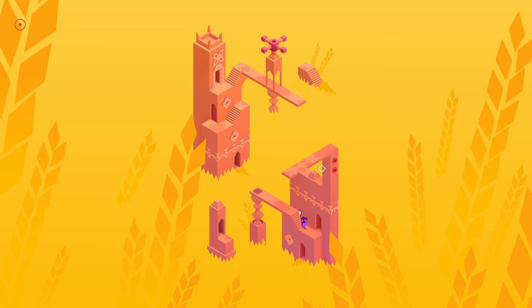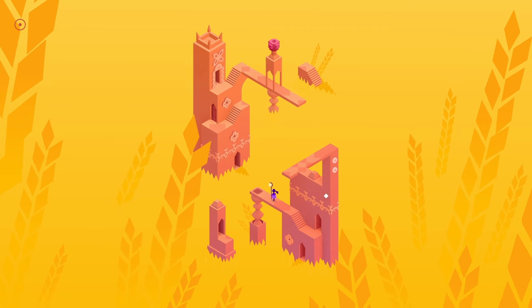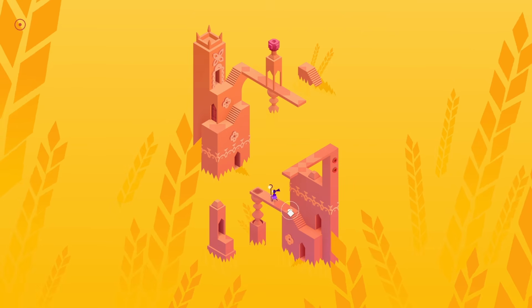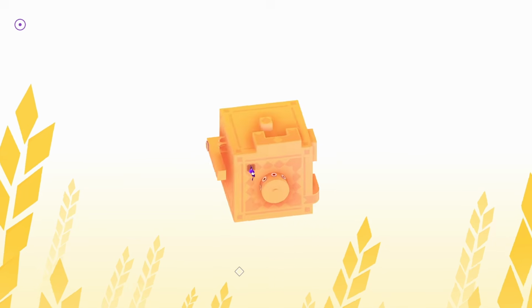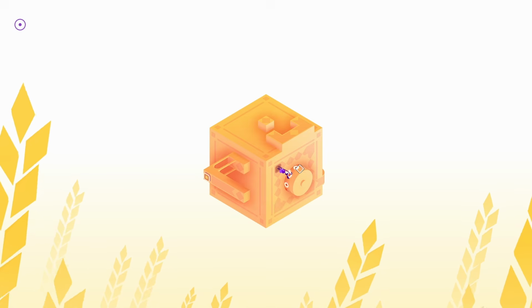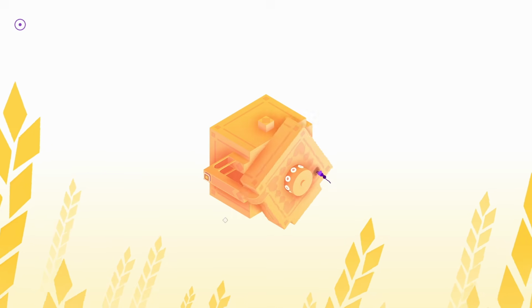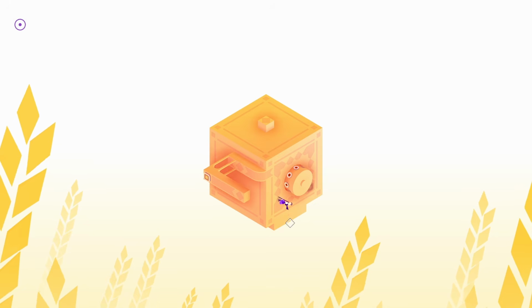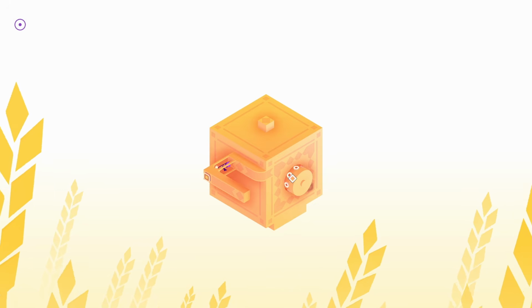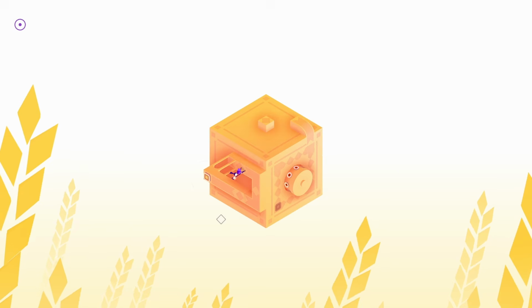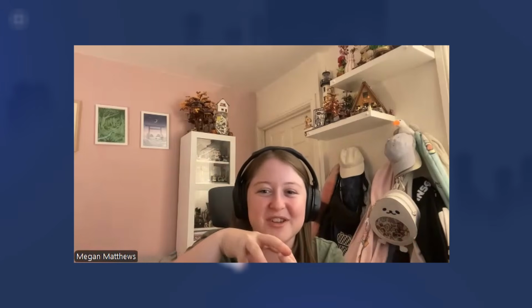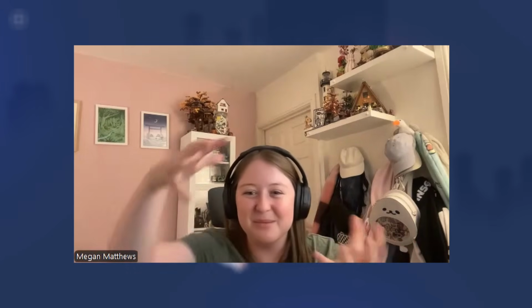And then the other thing is it's kind of a less is more situation in Monument Valley. Sometimes the more you add, the less satisfying it is, whereas the more you take away, the more satisfying that one moment is. So you don't always need to add more things to the level to make it more interesting. Sometimes removing a thing is better, because you get a more satisfying puzzle. It's like clicking two shapes into each other. When you do that, it feels really nice. But the more of that you add, the less it feels good.